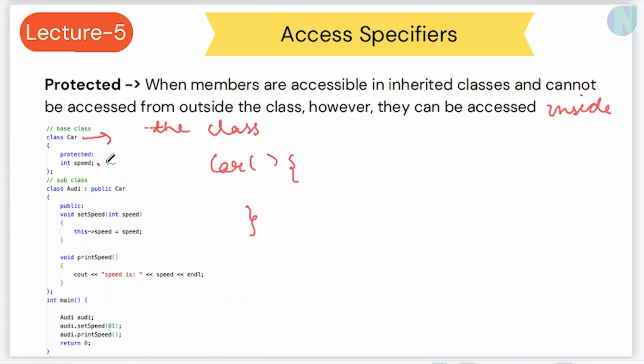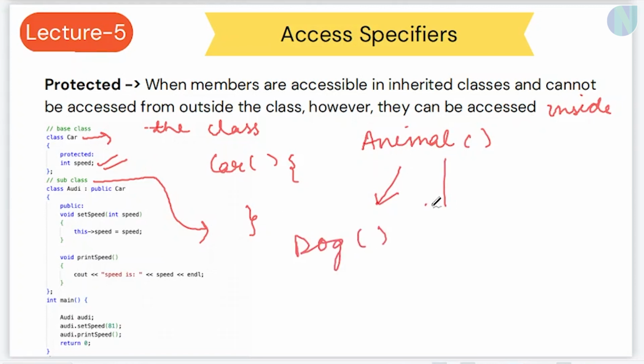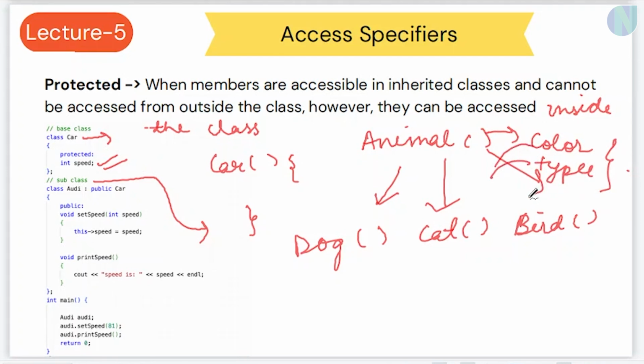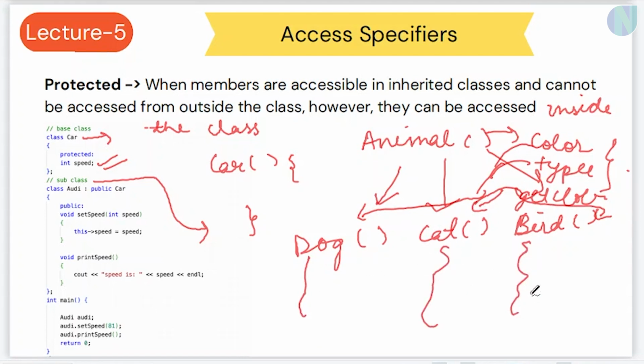Here we have given protected in speed. Now we are creating a subclass. Consider I have a class animal and I create a subclass dog, a subclass cat, a subclass bird, which would have the same properties as animal, like color, type and many things. All these member variables would be present in this class, and we can modify them according to the dog class, the bird class and the cat class. Here I have created a subclass, class Audi, which would be inheriting all the properties from the class